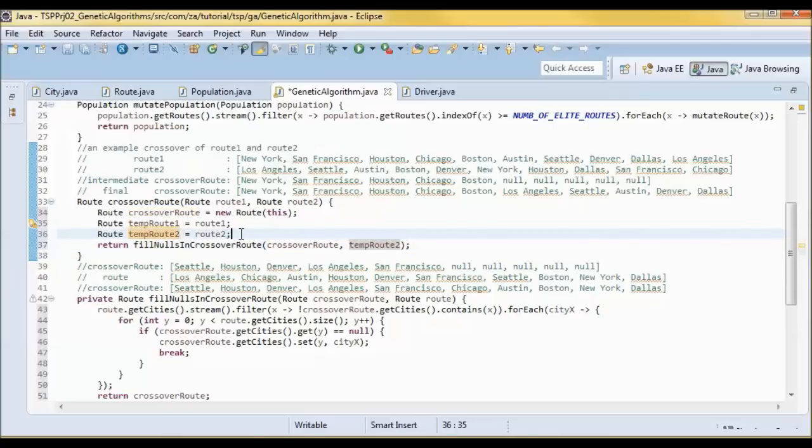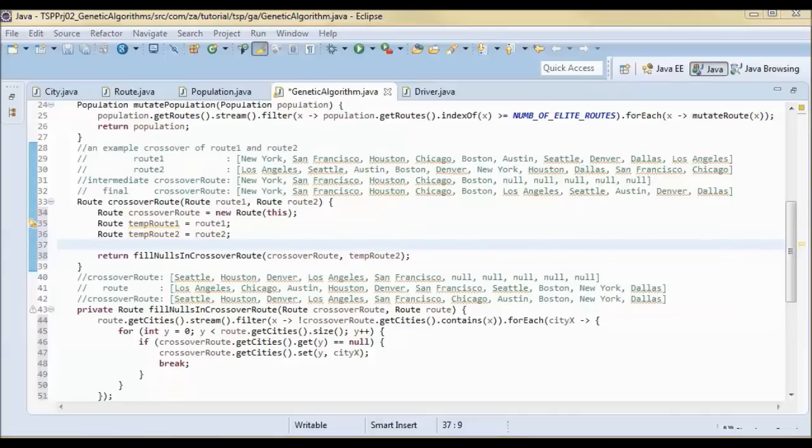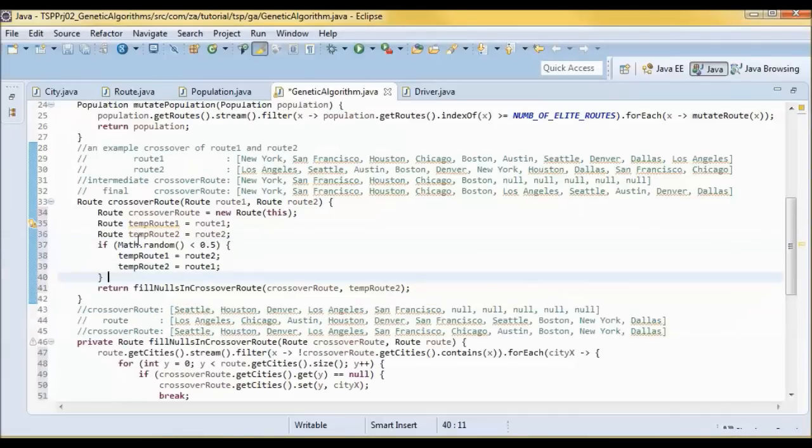But before doing that, since we are randomly doing crossover, if I have a Math.random smaller than 0.5, then I will switch those. So temp route 1 will become route 2, and temp route 2 will become route 1.